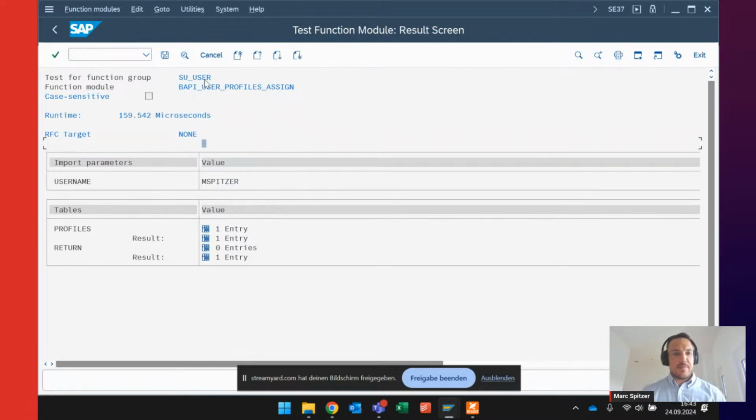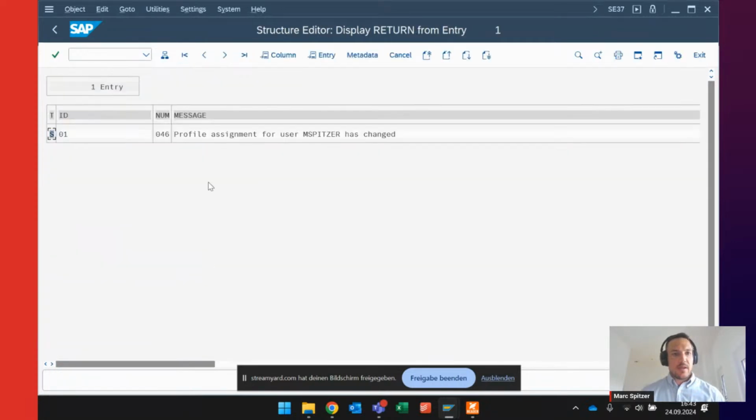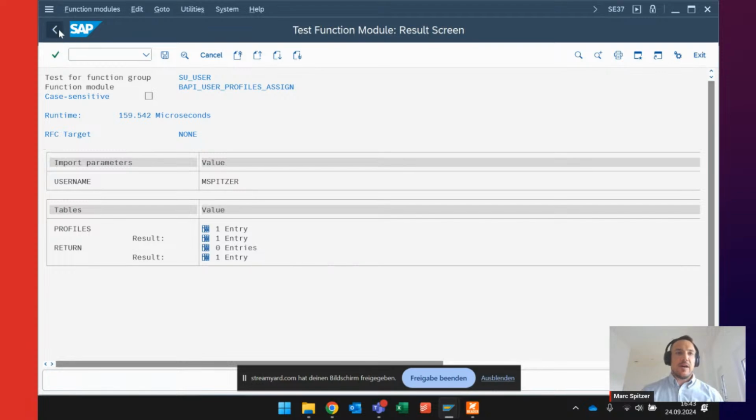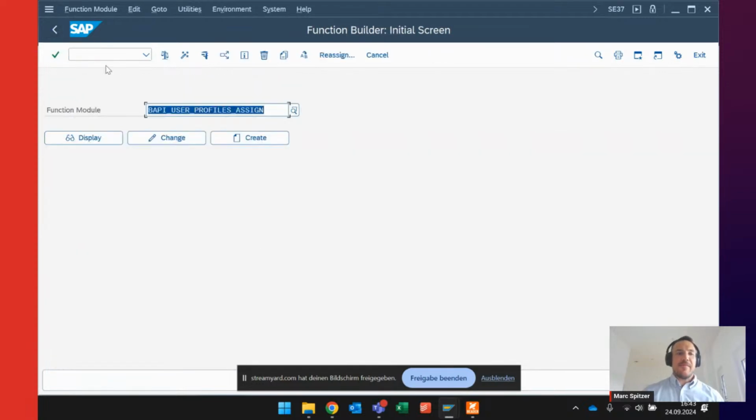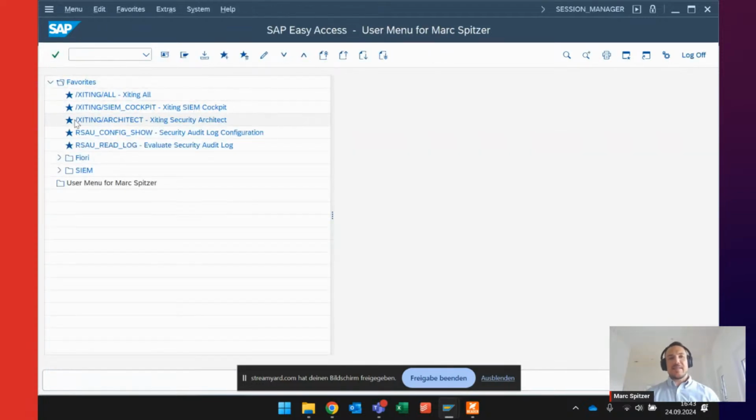And can run it. Profile assignment for user has changed. And of course, this is also something, these are very obvious attacks, but